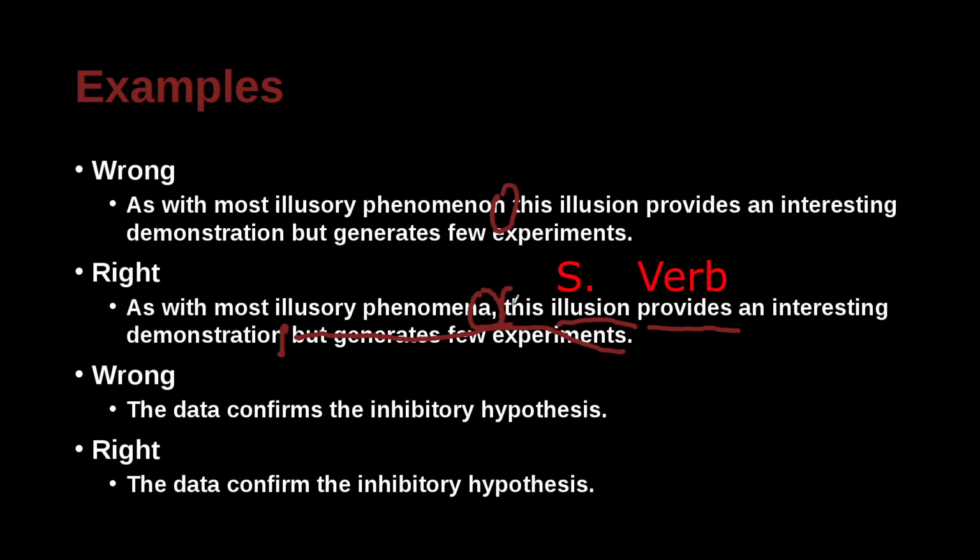So if that's true and you put something before it, you need to have a comma because this is separated from that. That is dependent, or it has nothing to do with this. If it had nothing to do with it, then it would be totally independent, and then we'd have to use a conjunction like the word and. However, here we do not use and because it's not really independent, as with most illusionary phenomena. It's more introductory.